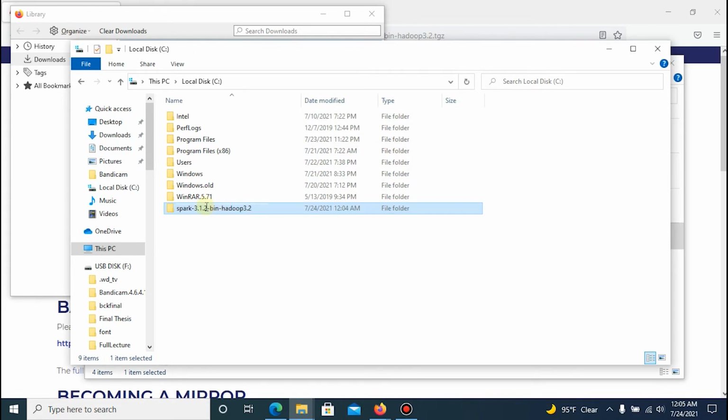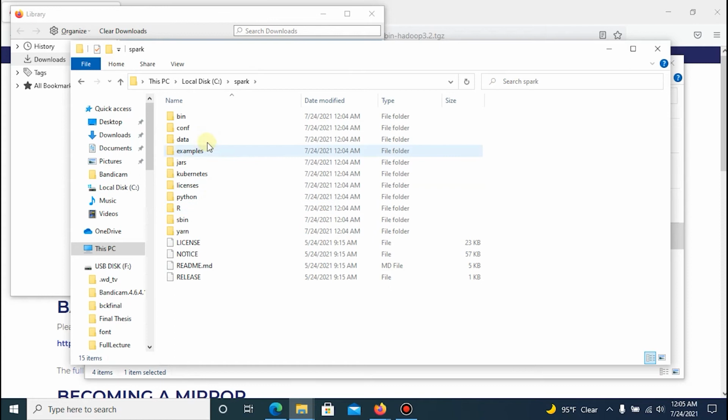After that, rename it to Spark. So you have a folder named Spark in the C drive, and in Spark you have these folders: bin, conf, data, and other folders. Be sure that everything is okay.